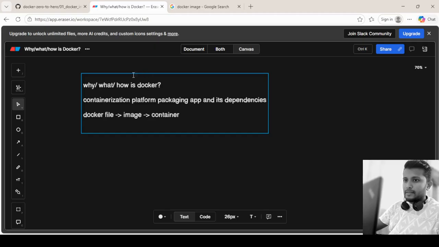So Docker resolves this platform independency issue because the Docker image which we create, out of which we create a container and run it in the development environment, for example, we use the same working Docker image for the production environment as well.